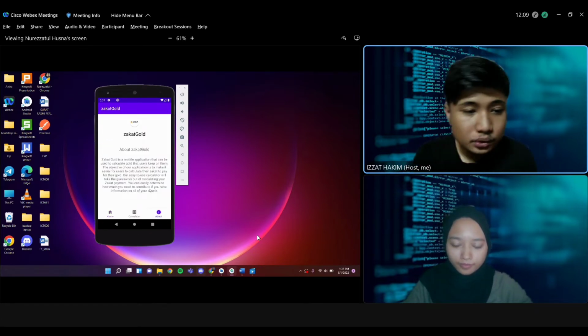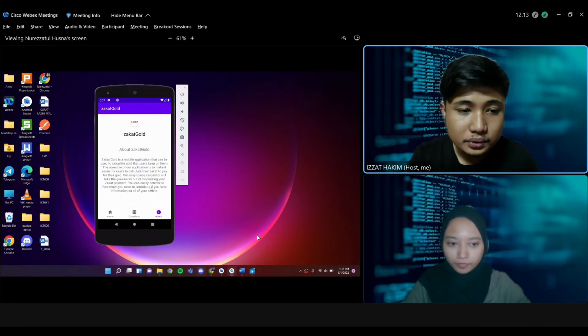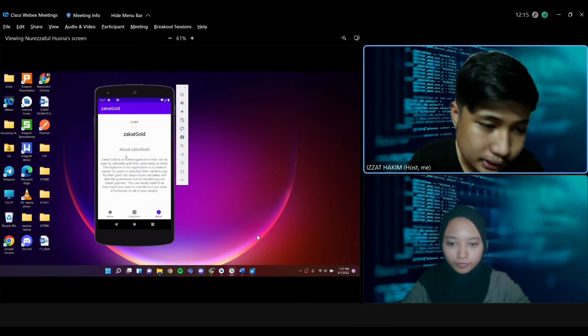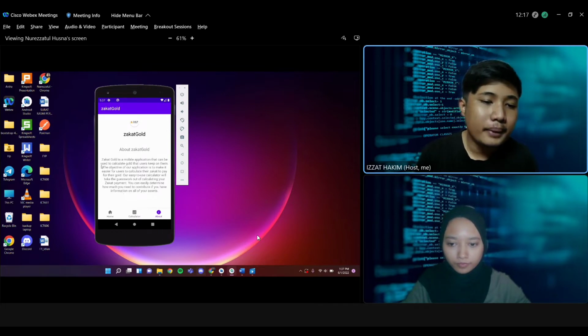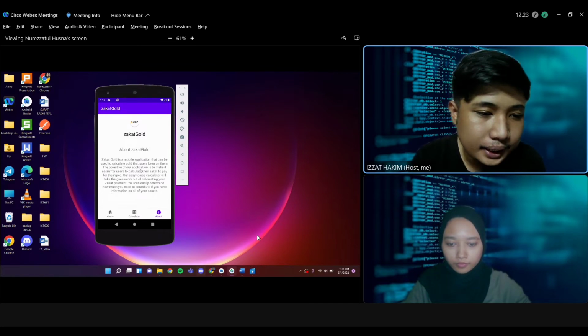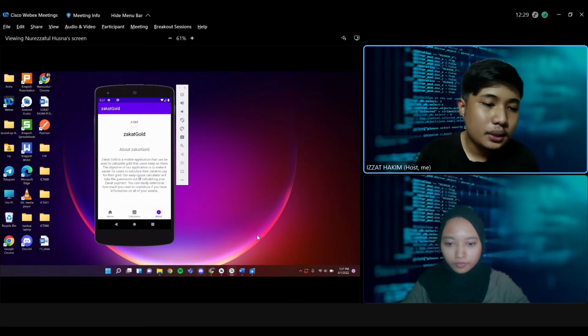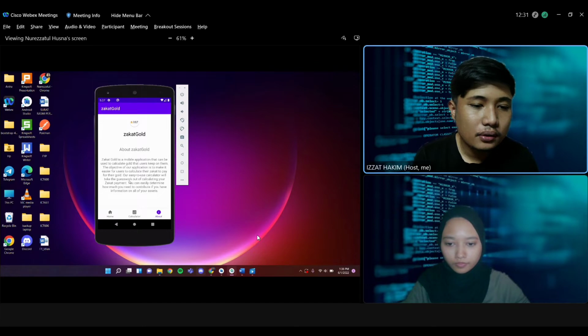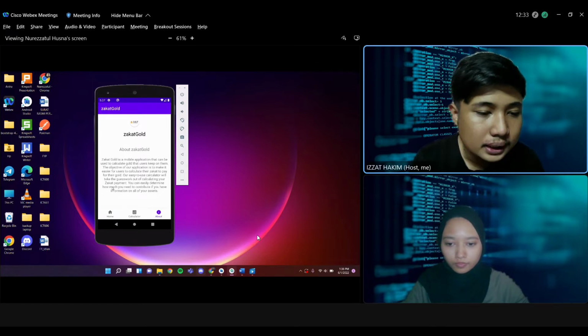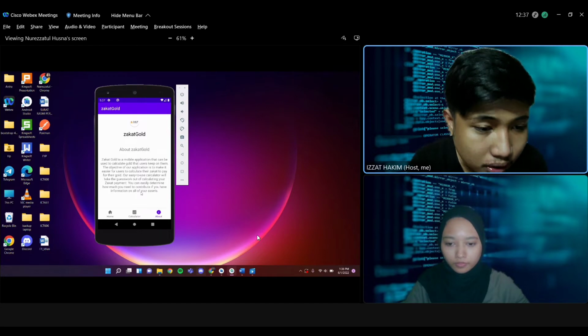When you go to the about page, you can see the application info for Zakat Gold. Zakat Gold is a mobile application that can be used to calculate zakat on gold that users keep. The objective of our application is to make it easier for the user to calculate the zakat to pay for the gold. Our easy to use calculator will take the guesswork out of calculating your zakat payment. You can easily determine how much you need to contribute if you have information on all of your assets.